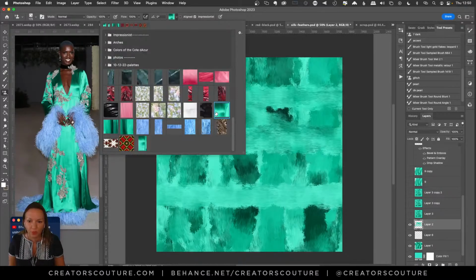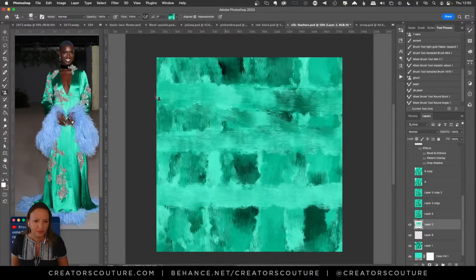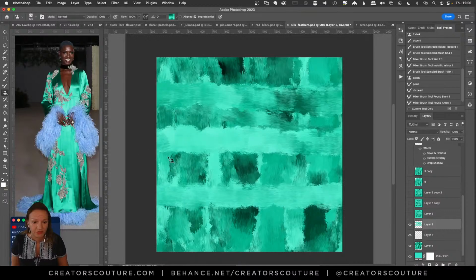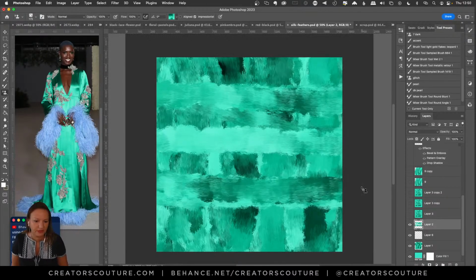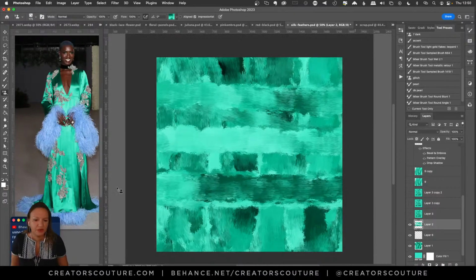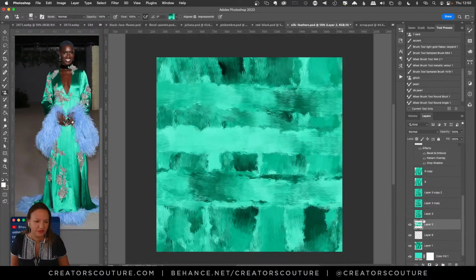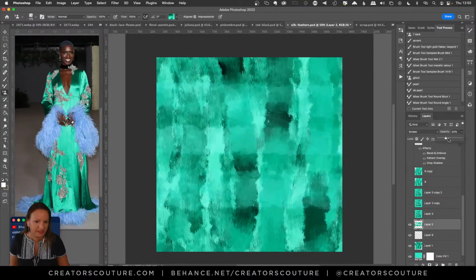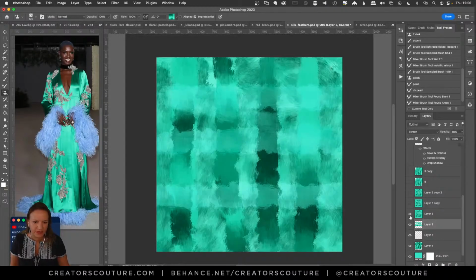So I took one of my color palettes, probably this one, and then just brushed across here a few times. Sometimes if you brush, you might get some dark strokes. Sometimes if you brush a certain way, you'll get light strokes, but whatever. So I was just dropping the colors down till it's how I like. Turn the blend mode to screen, turn that opacity down, and now I'm pretty sure I'm going to get some pretty good highlights. So basically I came up with something like this. It doesn't have to look exactly like this, but we're just throwing down those colors.